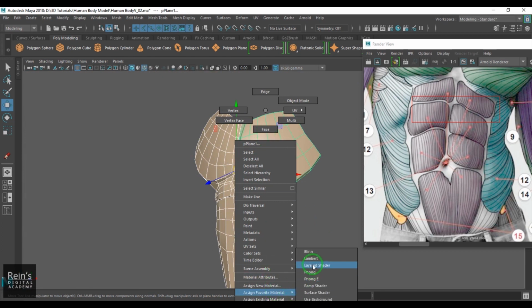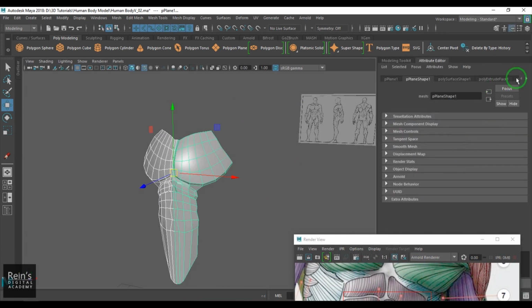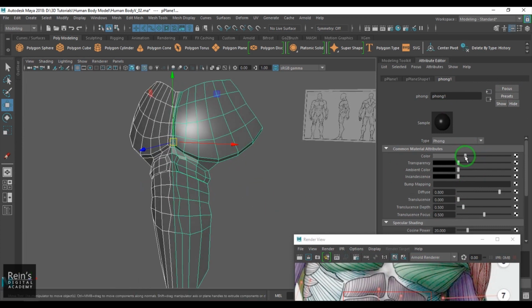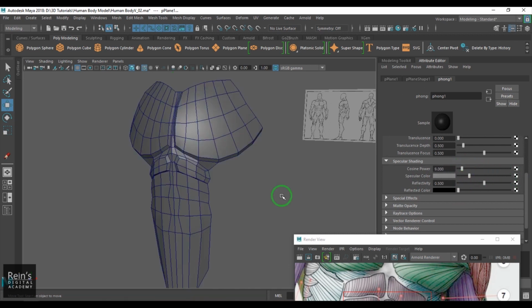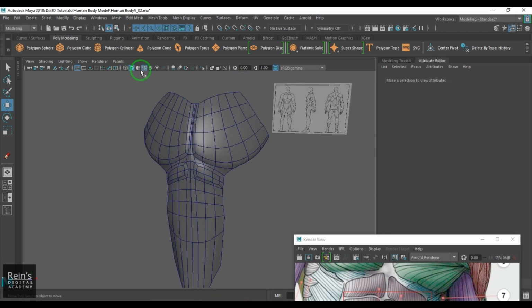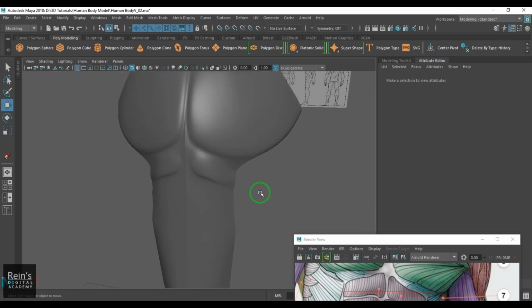I'll assign a simple Phong shader and just give a gray color. I will delete the history and then just keep it slightly dark. You can press 3 and just have a look at the model, what you're getting. So again, don't worry about what's coming up at this level, because you can refine it further once you